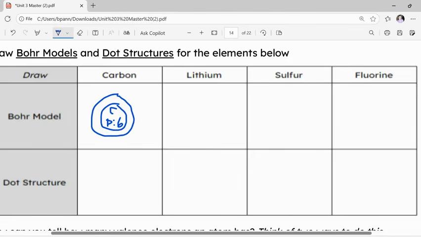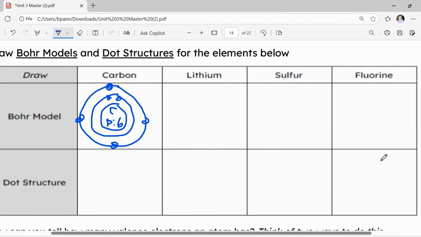The first 2 electrons will go in our first energy level, so we'll draw electron 1 and electron 2 next to it. We have 4 remaining electrons, so we will draw a second energy level. And these electrons, remember to place them around the sides. So the first one goes here, the second one here, the third one here, and the fourth one here. We'll now stop and count one more time. I see 1, 2, 3, 4, 5, 6 electrons total, which matches the number of protons,